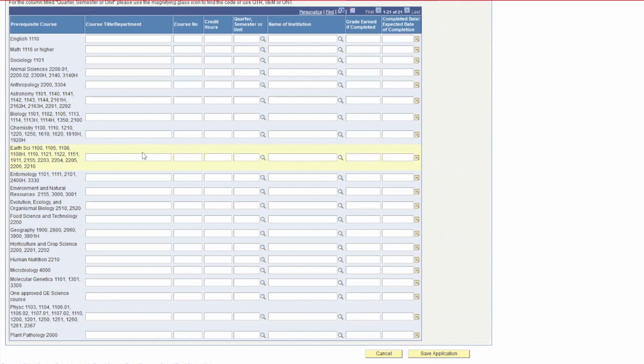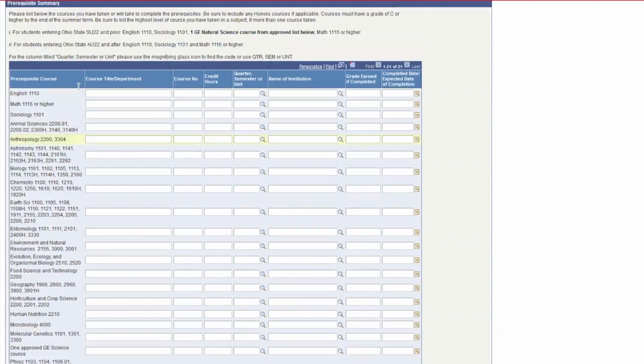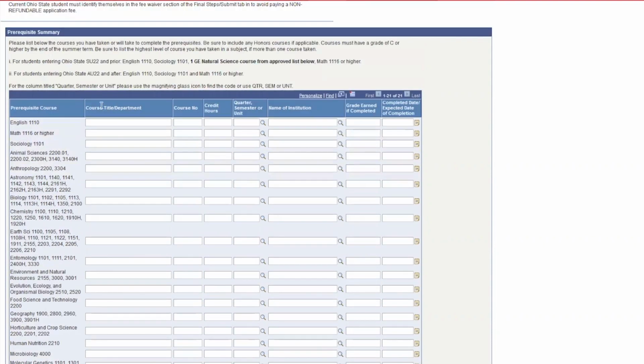Like I said, I know that looks a little overwhelming, but know that you don't have to have all of these classes in order to apply to the BSPH. It would just need to fit one of these. But in addition to that GE science course, you would need to have sociology, math 1116 or higher, and English 1110. So you would indicate those courses here. And for those of you that are current Ohio State students, that should be populating in. If you're having errors with that, we can chat tonight, or we can email back and forth. We can take a look, and maybe we can share screens and I can see what you're seeing.